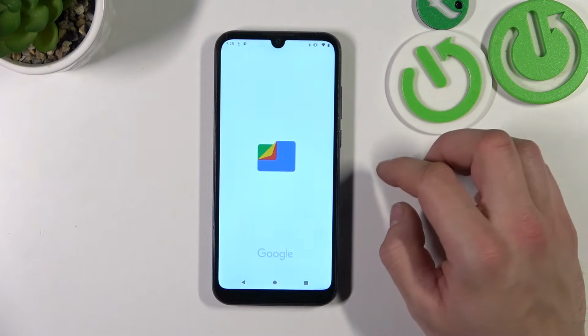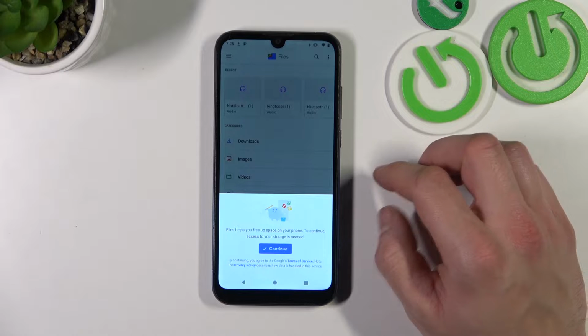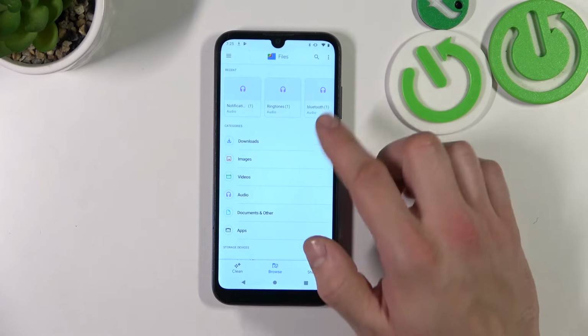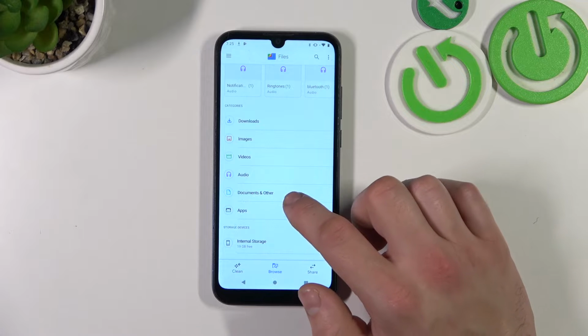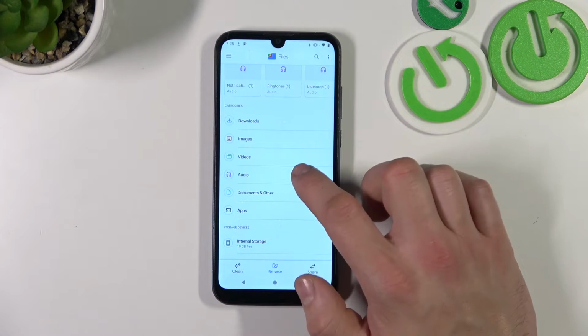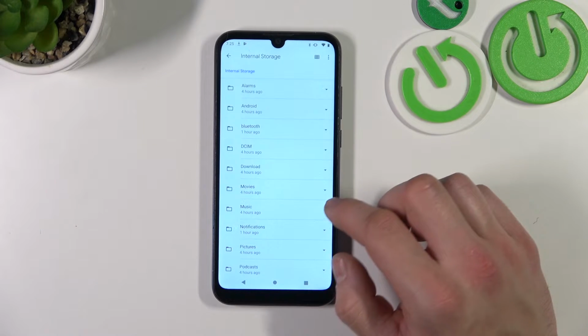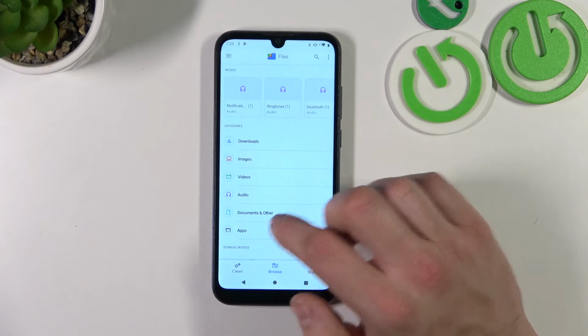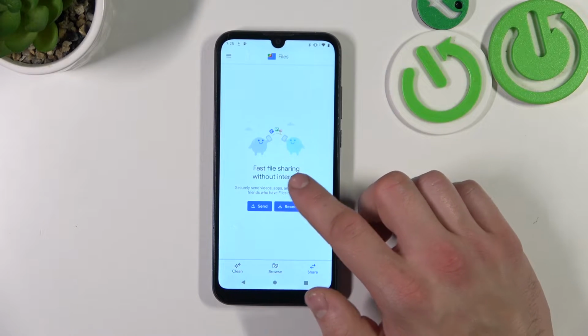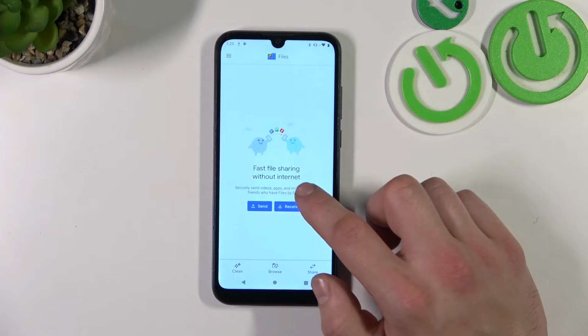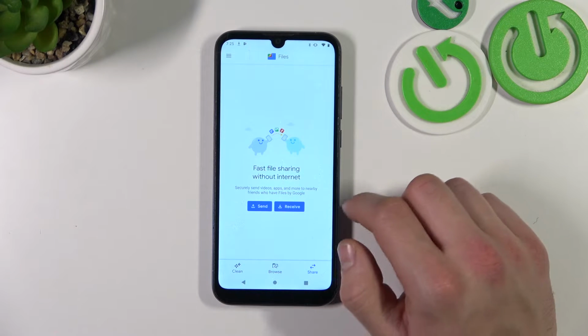Now enter it. And thanks to Files app, you've got access to all of your files in downloads, images, videos, audio, document and others, apps, and also you can check your internal storage. And recent. In Share, you can fast share files without the internet to your friends, and also you can receive